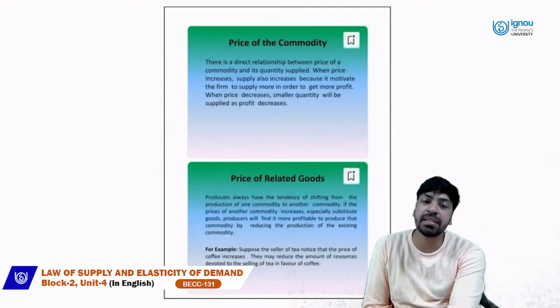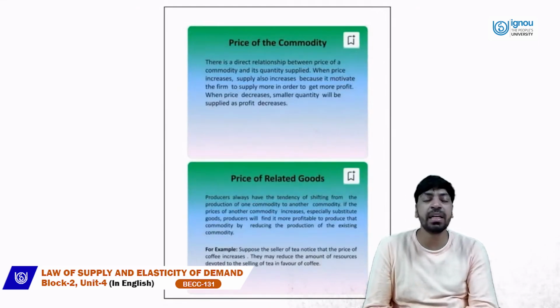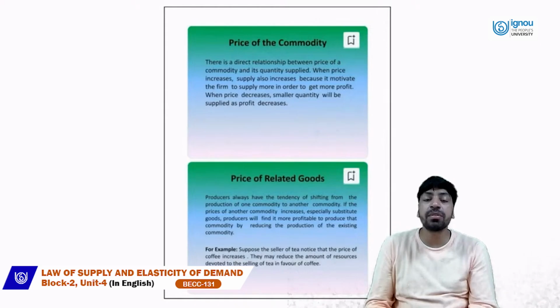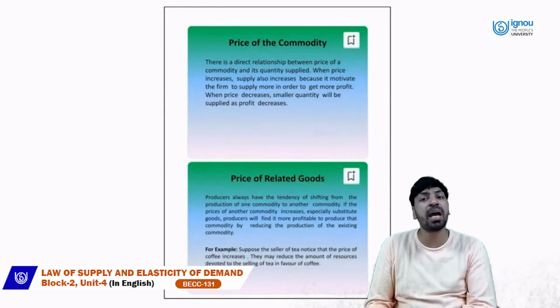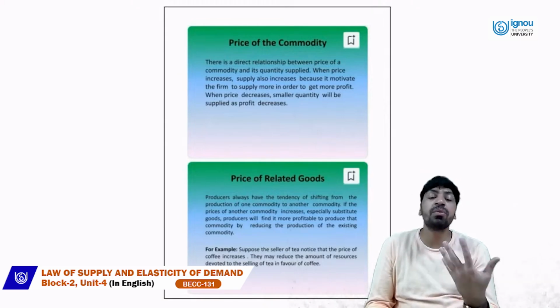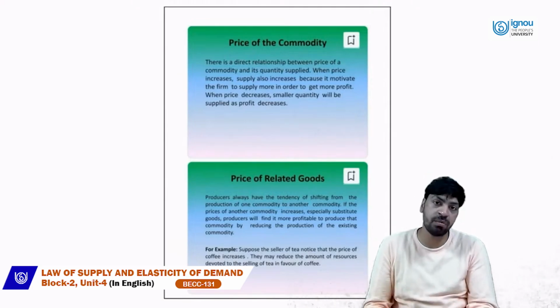The next concept is the price of a commodity. It refers to a direct, or positive, relationship between the price and the quantity supplied of a commodity. If the price goes up, then the quantity supplied would also increase. Ultimately it pushes the firm to supply as much as it can to get the maximum revenue,